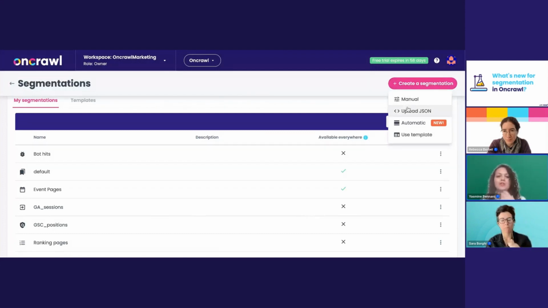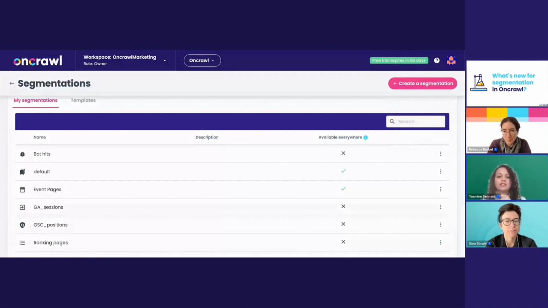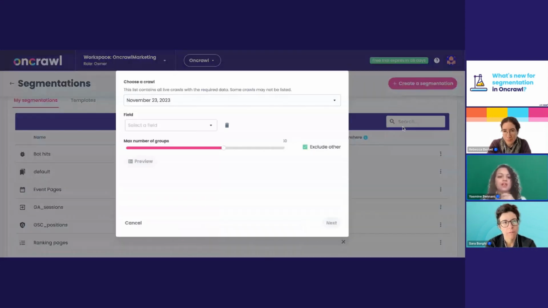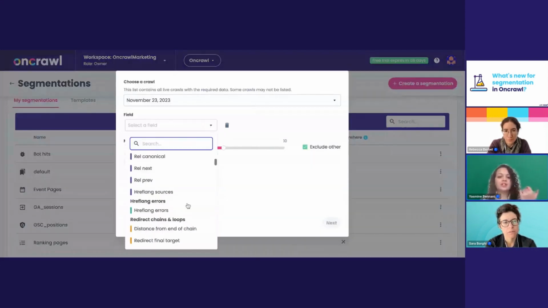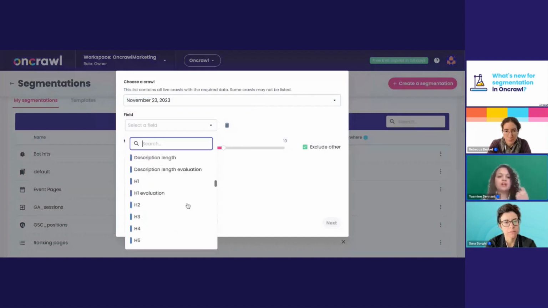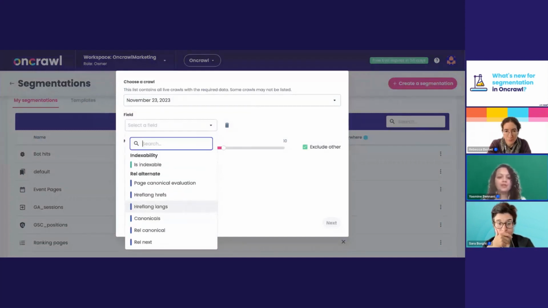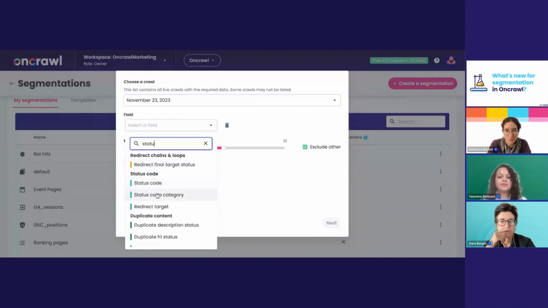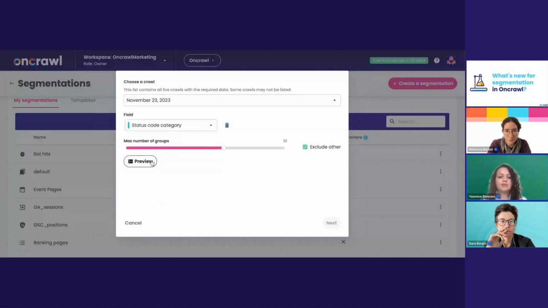And we made a huge change regarding the automatic way. When you click on it, you have a range of different fields where you can create your segmentation automatically. For example, if I choose the status code category and then click on preview, you will see